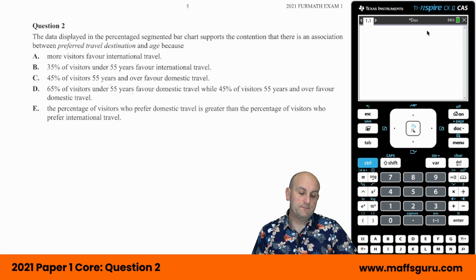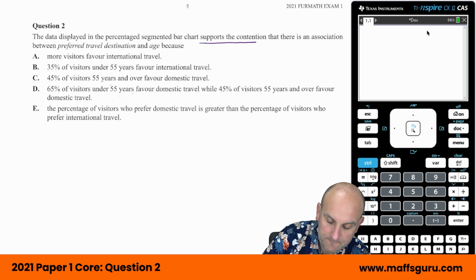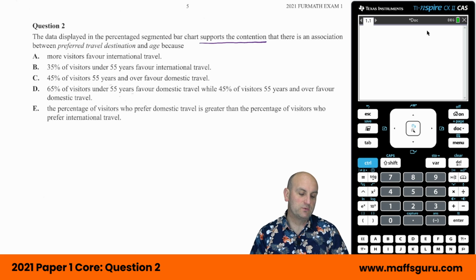The data displayed in the percentage segmented bar chart supports the contention, so we're looking for an association, that there is an association between the preferred travel destination and age because... Now remember, when you are relating this, you should be looking at including statistics as well as some sort of indication of why there is. So when I look through this answer,